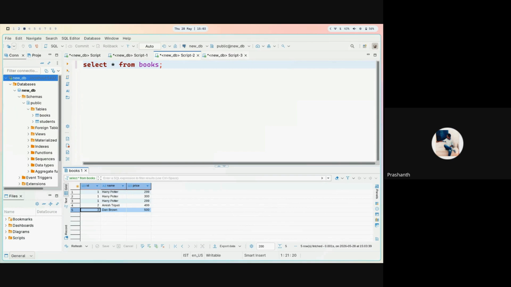And similarly, let's say we want to get, there are not enough examples. Okay. Let me add some more books which are above 299. Let's say we want to fetch books which have a price greater than 299. So, like I told you about the third step, which is querying, for that there is a certain specific type of syntax. I will do that. We'll create a new script.